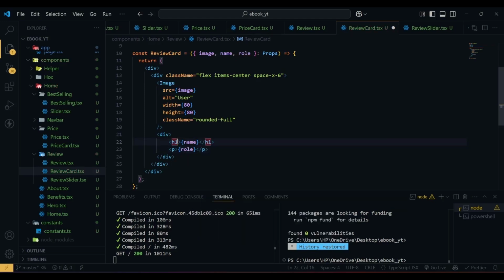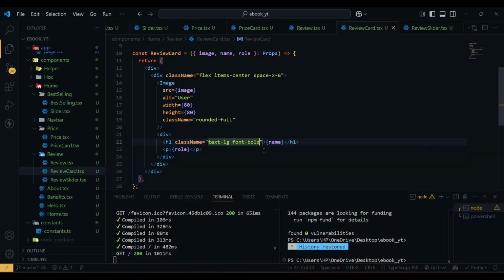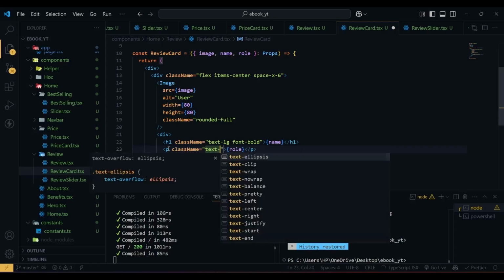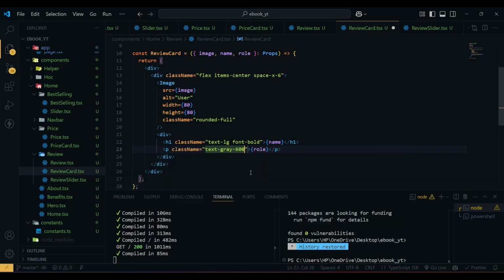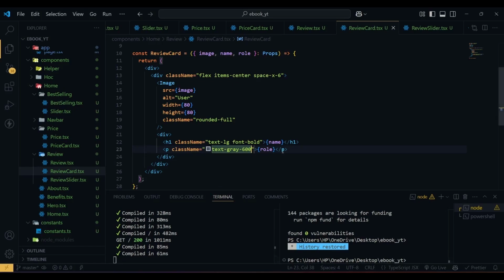The h1 will have a class name of text large, font bold, and then the p tag will have a class name of text gray 600. That's it. Now if I go to our project, so here you can see we have our image and the name and the role, which looks awesome. So after this p tag and after this div,